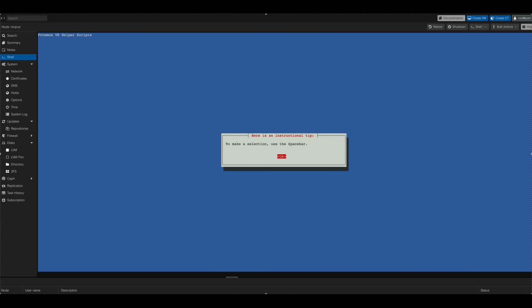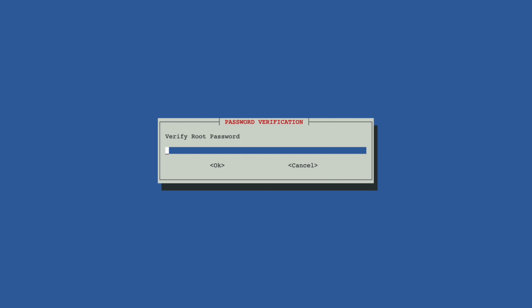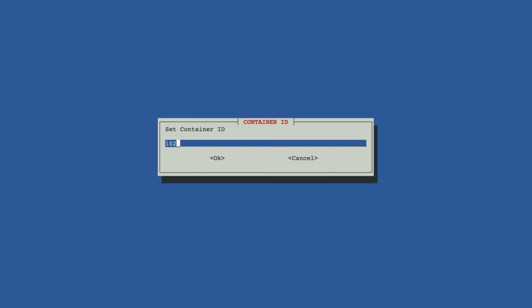Using the community scripts, so I'm choosing an unprivileged LXC, set root password here, verify root password, container ID, I usually leave default, host name Nextcloud, keeping it as NCPi,